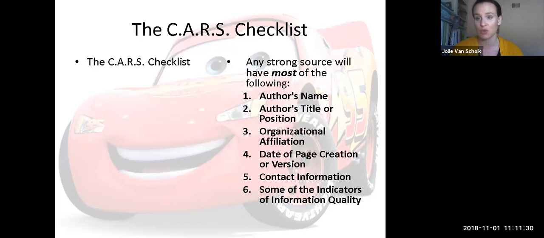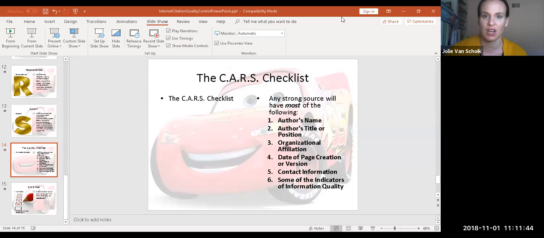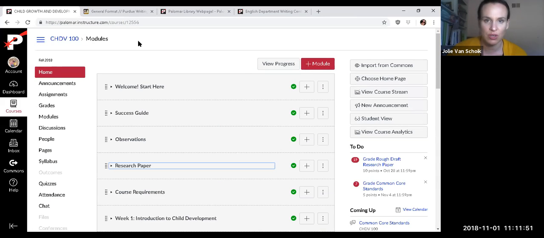So it's something that I have to do all the time, and it's something you will do as consumers in your personal life. And when you are writing collegiate-style papers, it's very important that you see this as well. So right now I'm going to stop this share, and I am going to go back online and show you